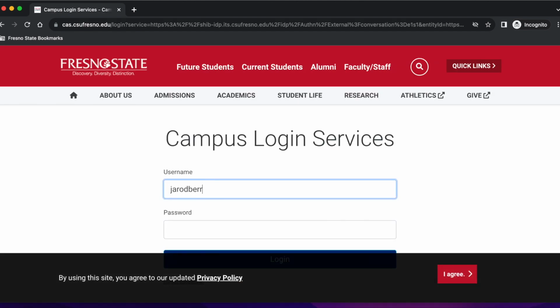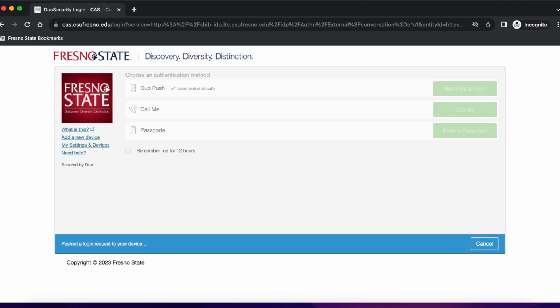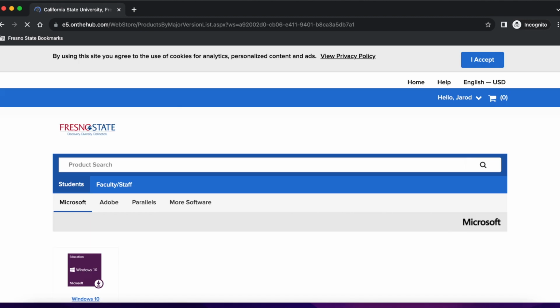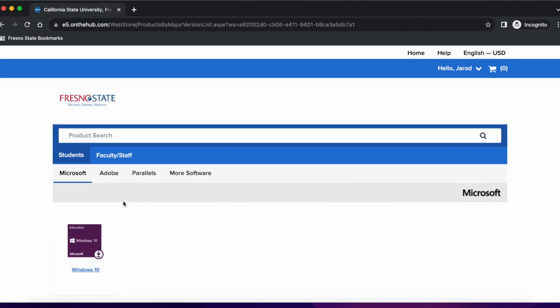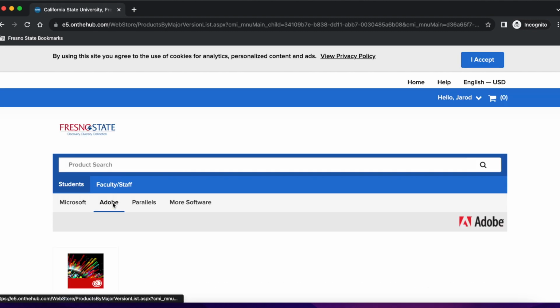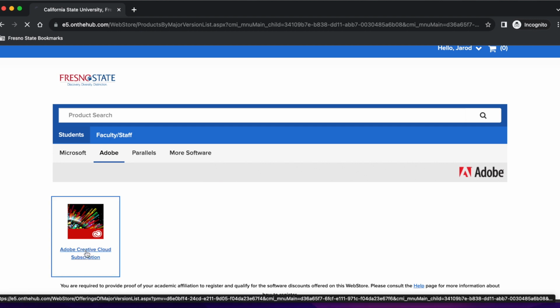And it's going to take you through campus login services. Go ahead and use your Fresno State username and password to log in, and it's going to take you to this page right here, and you're going to switch over to the Adobe tab. Make sure you're on the student tab as well, and it's going to say Adobe Creative Cloud subscription right there. You're going to click on that,